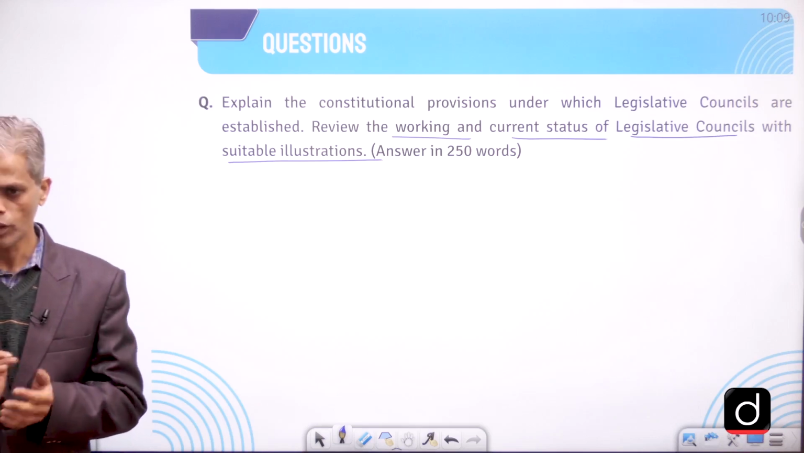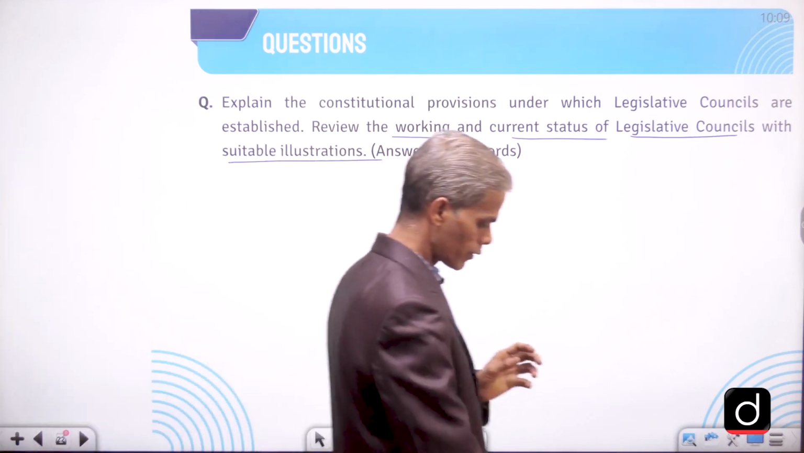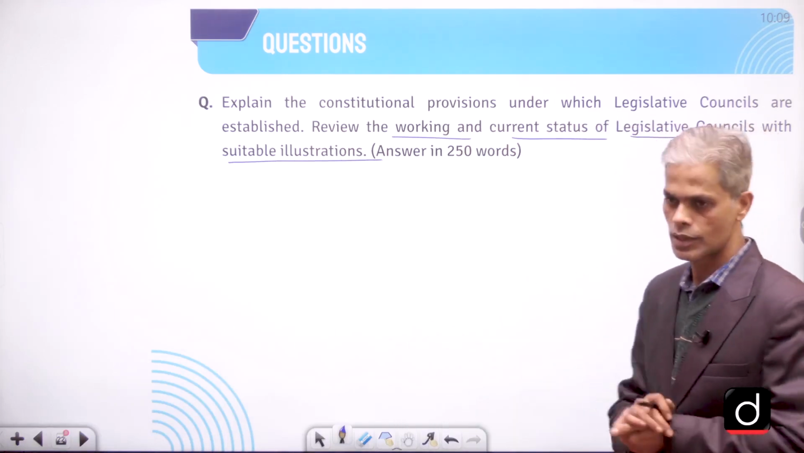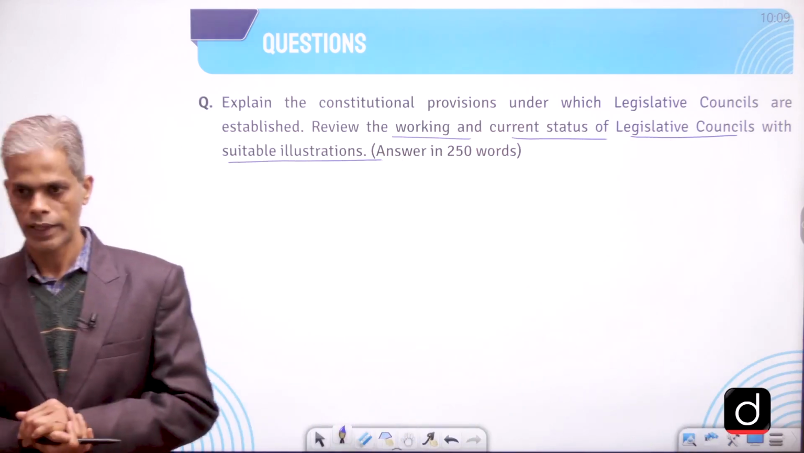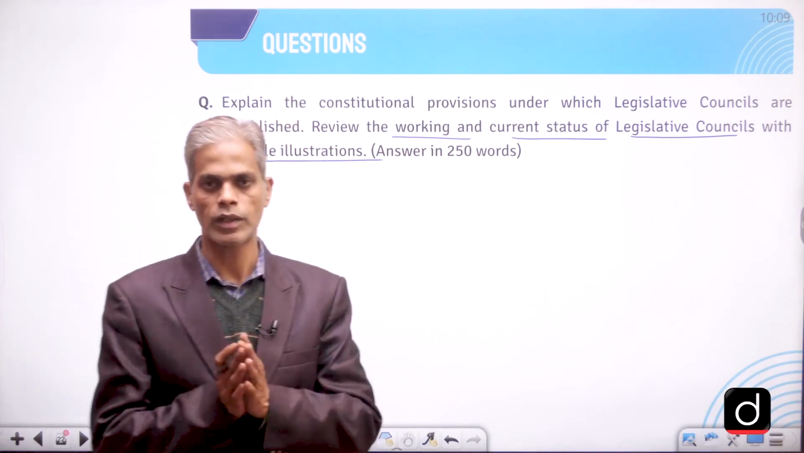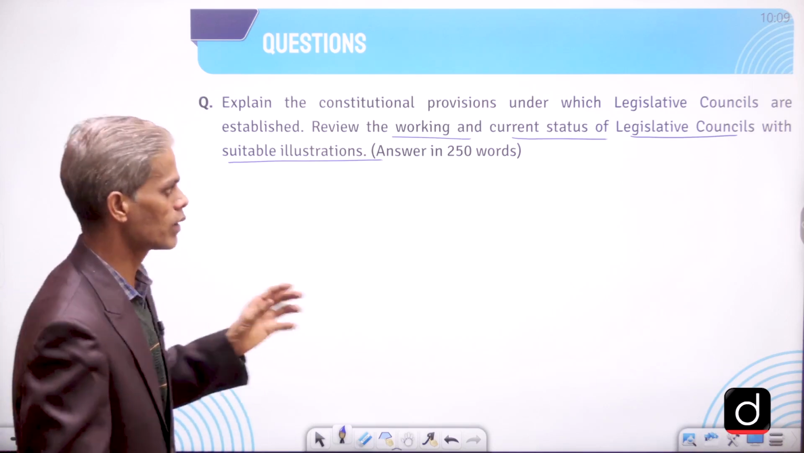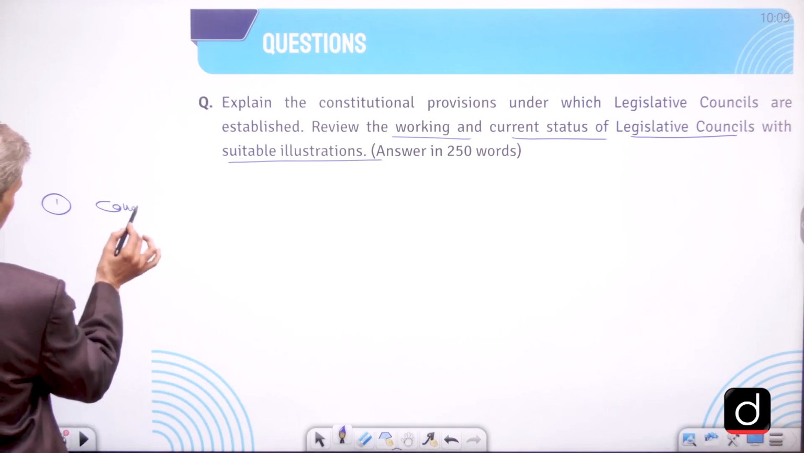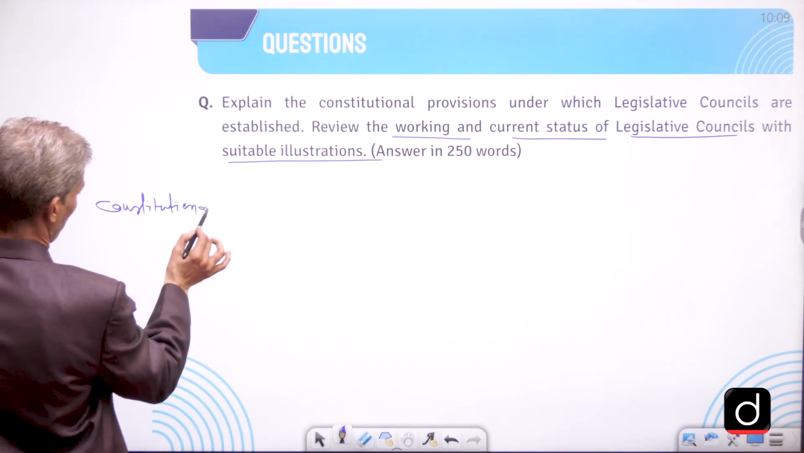Now, when we talk about the legislative councils, then first part is seeking an answer for explaining the constitutional provision. That means we have to refer it with respect to constitution. And then second part, that means review the working and the current status of legislative council. That means it will have two components in our answer. Let's try to understand one by one. Now, when we talk about the constitutional provision, then as far as the constitutional provision for this is concerned,